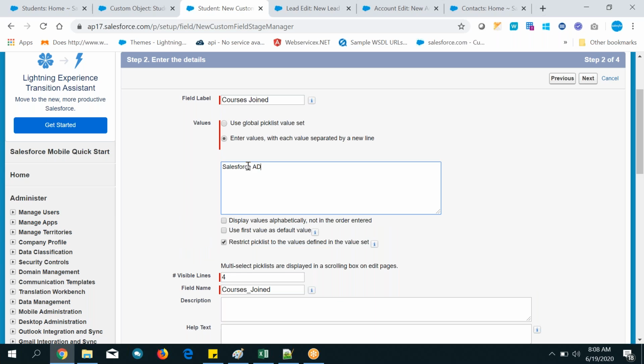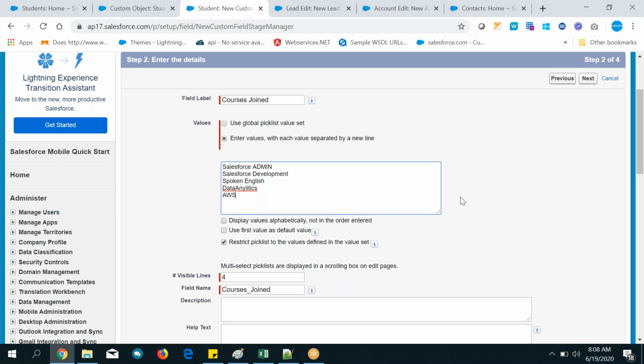Give Salesforce admin, development. Think of it as just giving dummy data, guys.